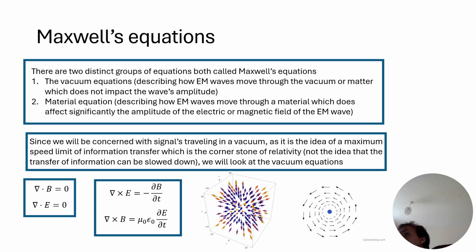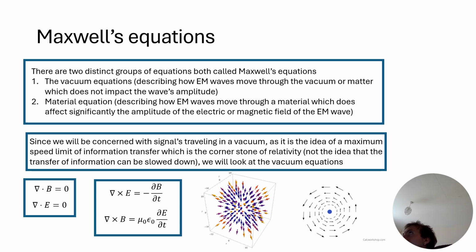Well, if we look at this equation, what this is saying is essentially if our magnetic field starts changing very quickly, then our electric field will start to gain some kind of curl and will